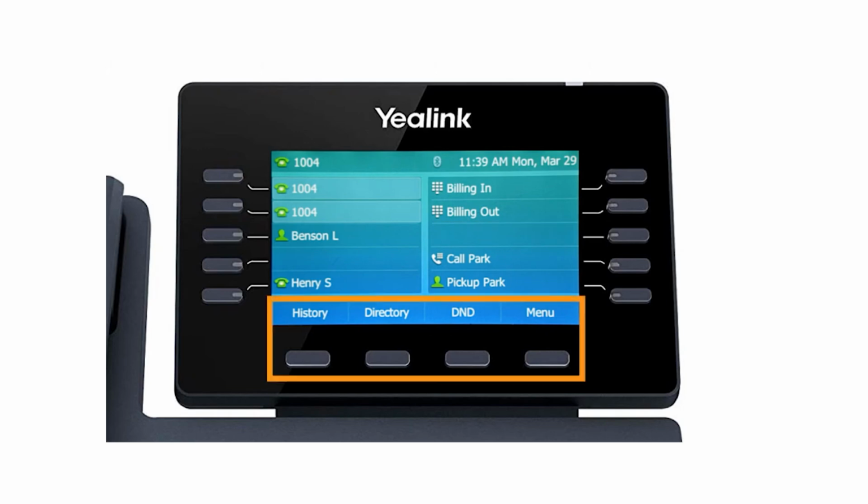The buttons below the screen are your soft keys. These buttons will change depending on the current activity of the phone. When idle, you have direct access to functions like call history or toggle the Do Not Disturb, DND function, and also the menu key. While it's generally recommended to connect VoIP devices directly to the network using an internet cable,